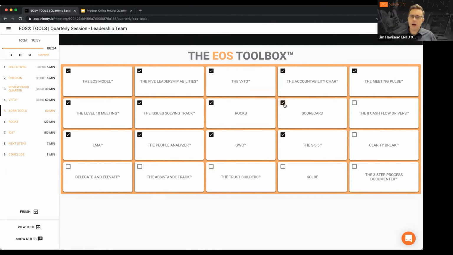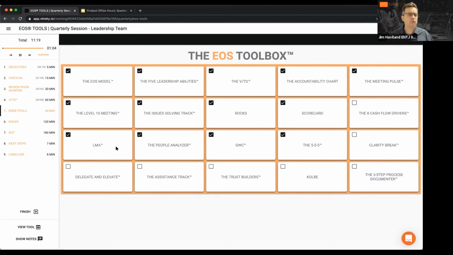That's right. So what quite often happens with implementers is, if you've gone through a professional implementation with an implementer, you go through that focus day, vision building 1, vision building 2. That first quarterly is probably when you're going to first look at this EOS toolbox and start to make a plan as to how you're going to look at these tools going forward. Every quarter, a new tool can be applied, and it's good to have a plan on this. Things change. Quite often, we don't go through the 3-step process documenter during our implementation. That's often a great one to get into, but also really getting into LMA and the 555, so you're ready for quarterly conversations.